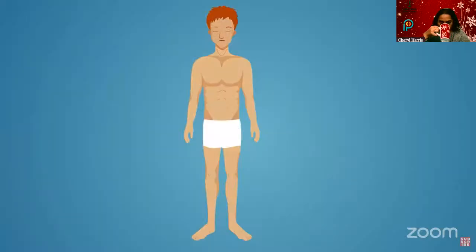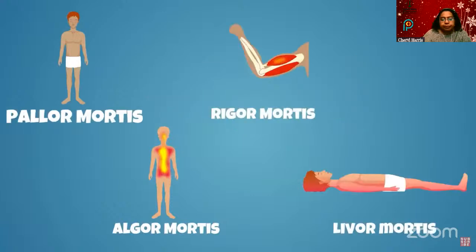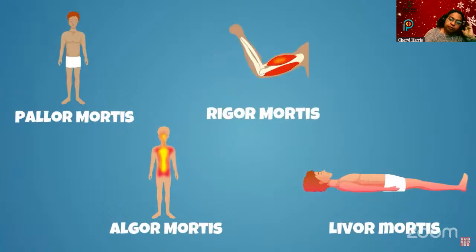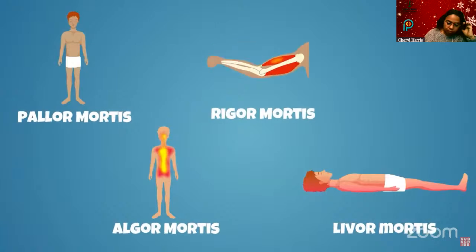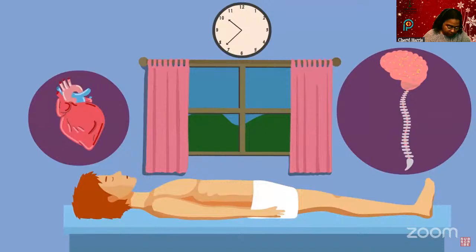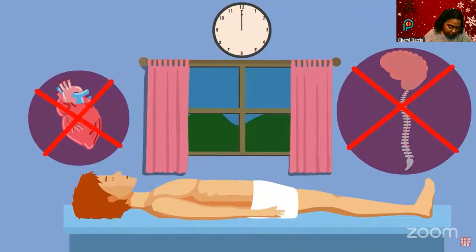Forensic scientists calculate the time of death using many techniques. Their first go-to method is to study the physical changes that happen in the body after death. So what are these signs? There are 4 post-mortem signs that tell a great deal about time of death. These are physical, observable changes that occur in the body in the first 24 to 48 hours after the heart stops beating and the nervous system shuts down. The first sign: